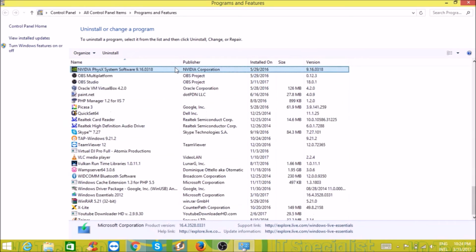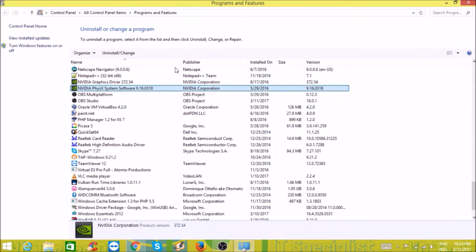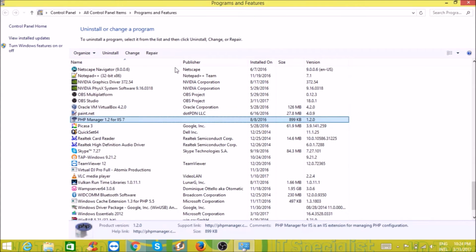Normally every legitimate application has the publisher name, and some of them might not have, but you need to make sure if there's no publisher name, that it is the right application. It's a legitimate application. I know about these applications. This is PHP Manager 1.24 IIS7. It's from Microsoft, but for some reason it's not showing the publisher. But you need to make sure that you have the most appropriate applications installed on your computer. This will free up some space, and it will also free up the RAM on your computer, which will boost